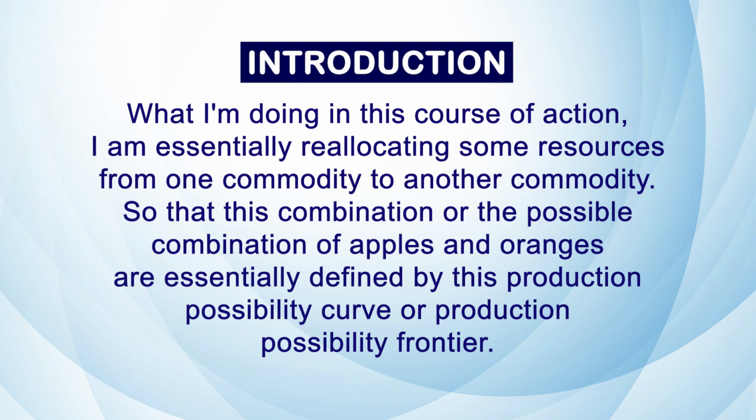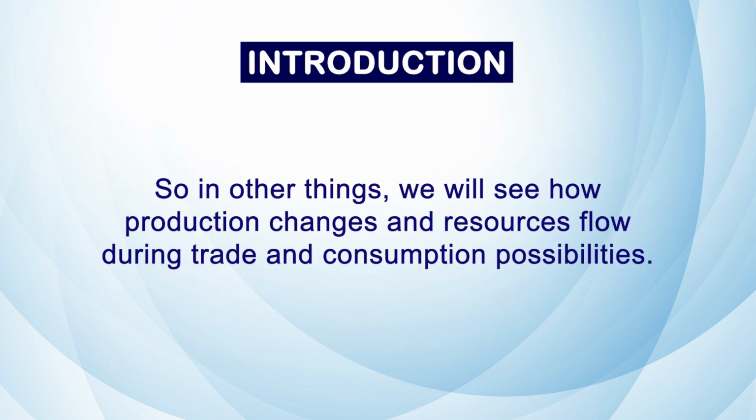So in a sense, we will see how production changes and resources flow during trade and consumption possibilities. During trade and consumption possibilities means I'm producing and then I'm selling. While selling, I am deciding how much I should retain for consumption and how much I should sell for others' consumption. Others could be another country, or another individual. So that's the basic idea of